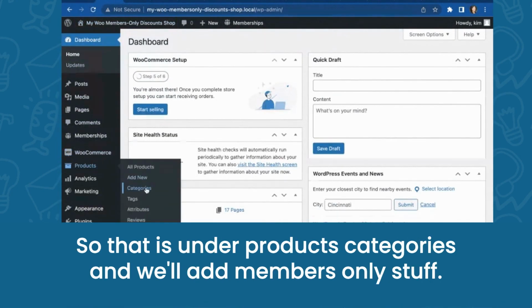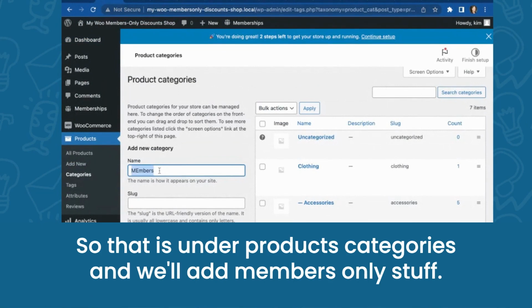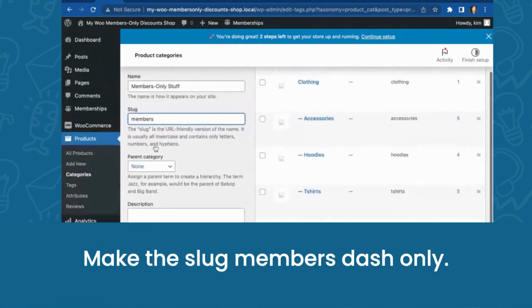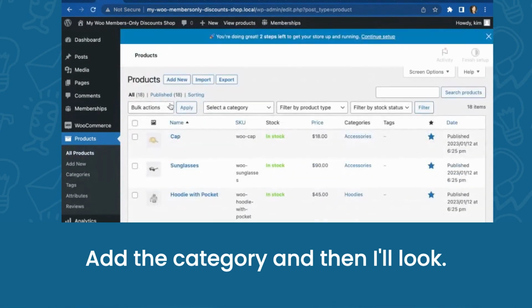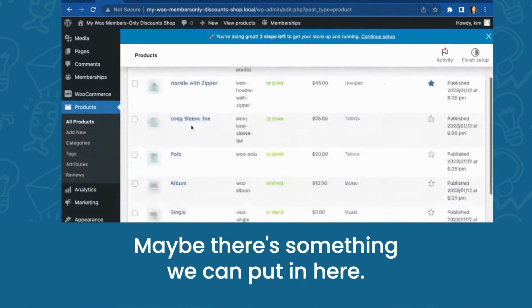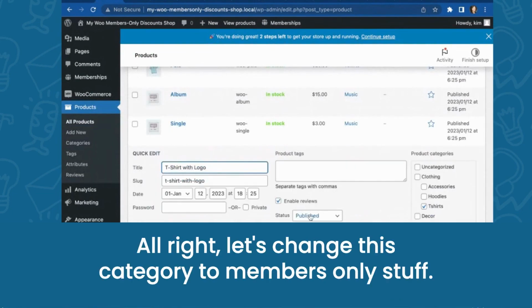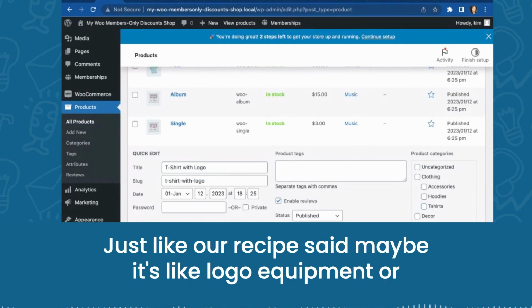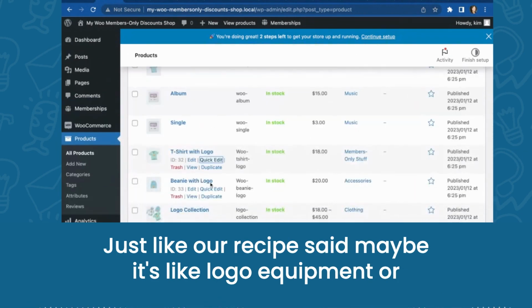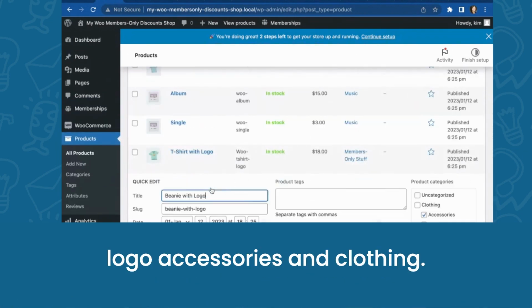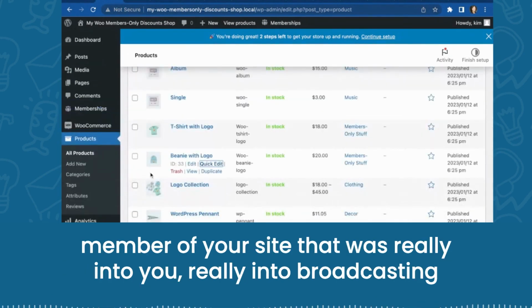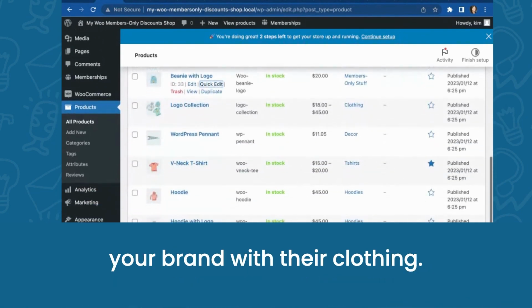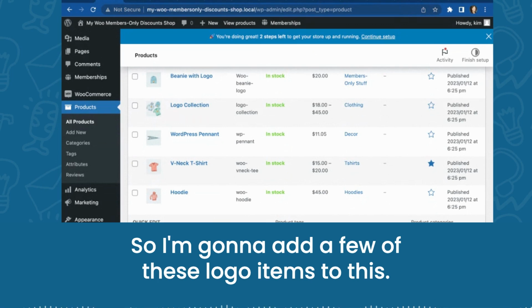So that is under products categories. And we'll add members only stuff. Make the slug members dash only. Add the category. And then I'll look. Maybe there's something we can put in here. T-shirt with logo. All right, let's change this category to members only stuff. Just like our recipe said, maybe it's like logo equipment or logo accessories and clothing. Nobody would really want that unless they were a subscribing, paying member of your site that was really into you, really into broadcasting your brand with their clothing. So I'm going to add a few of these logo items